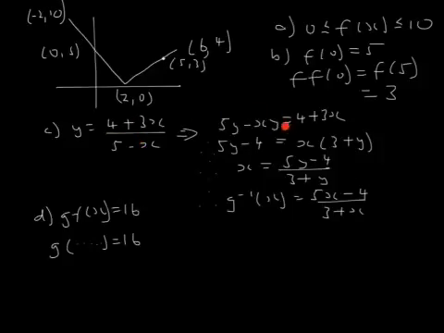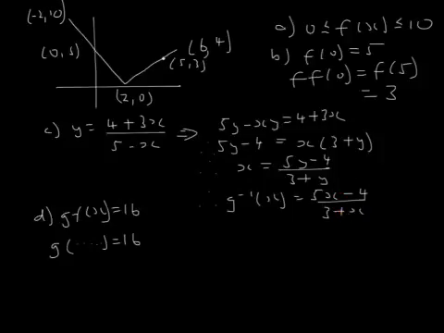But we'd go through the same process that we did here, because this is the inverse function. So you can do it this way, put (4 plus 3x) over (5 minus x) equals 16 and solve it. Simpler to put 16 into here, because this is what the inverse function is, it's working backwards. Put 16 into here, 5 16s are 80, take away 4 is 76, 3 plus 16 is 19, 76 over